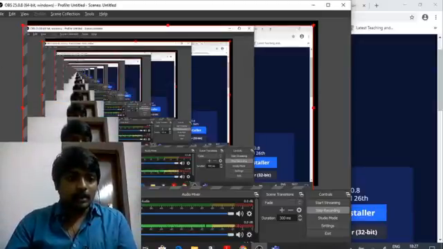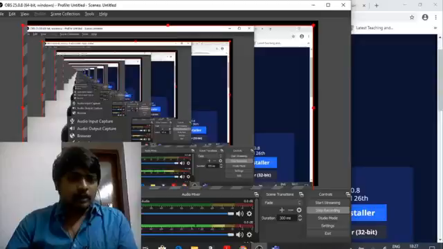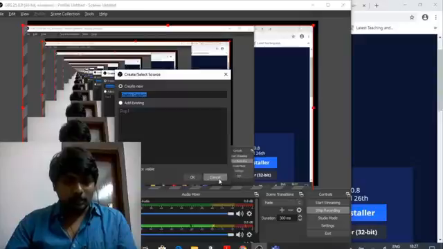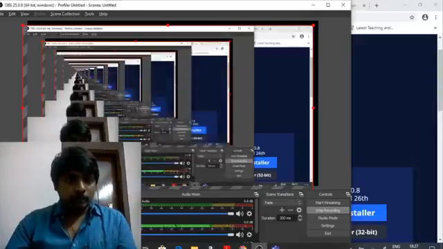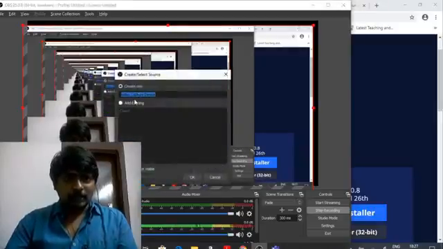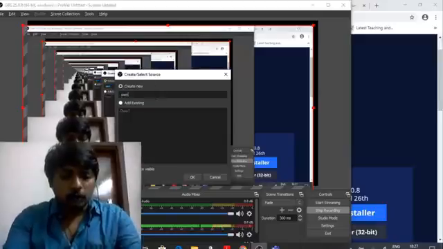Then, as soon as we add the display capture as well as the video capture, let us say I am going to add a new thing. It will ask for a new device name. I have given it as disp1. If I add another display, then it will be disp2, like this. Similarly, if I add a video capture, then it will ask for a name. Let us say I name it as one of 2.